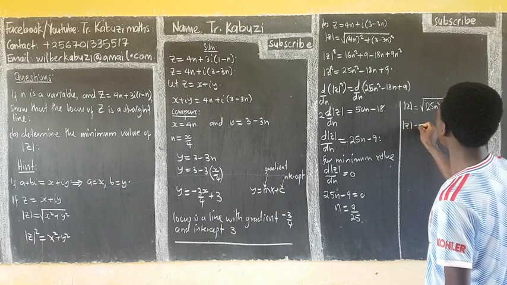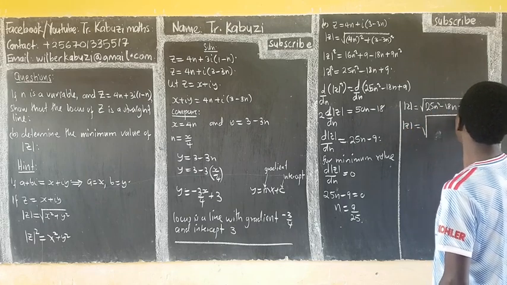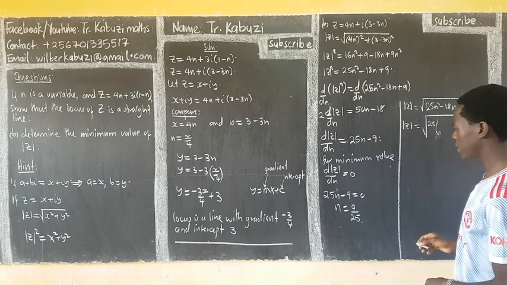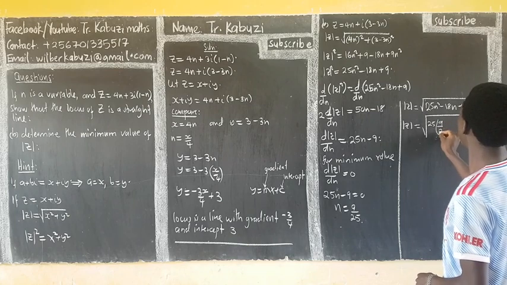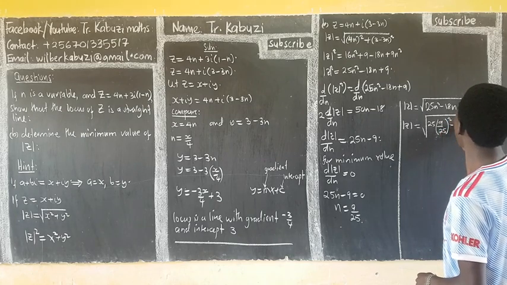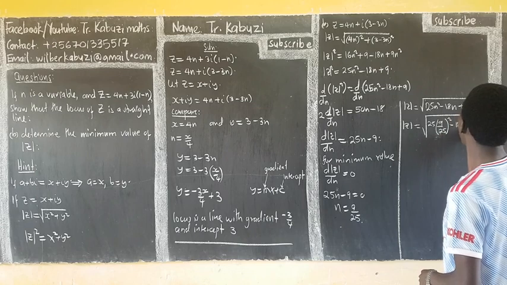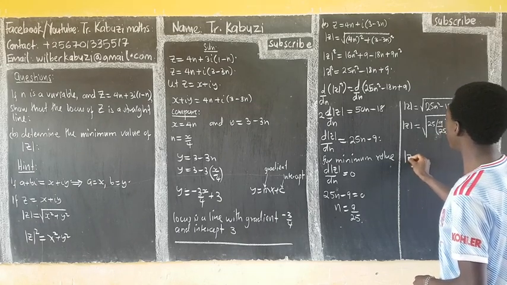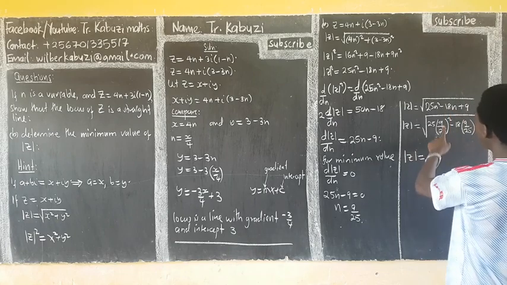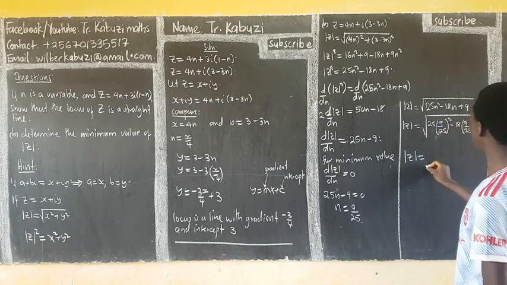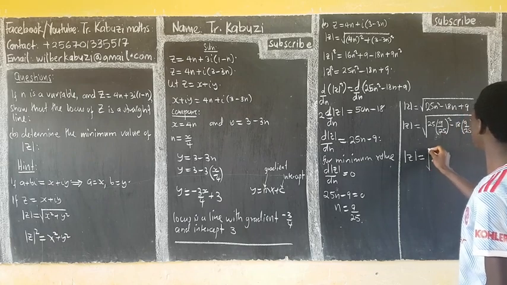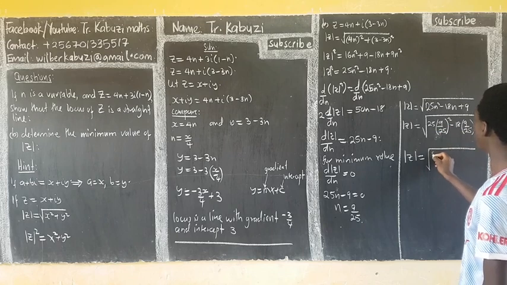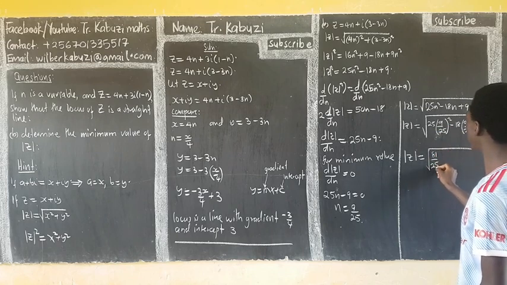Then we simplify this: the square root of 25 times 9 over 25, the whole squared, minus 18 times 9 over 25, then plus 9. When you simplify, this is going to be 81 over 25,